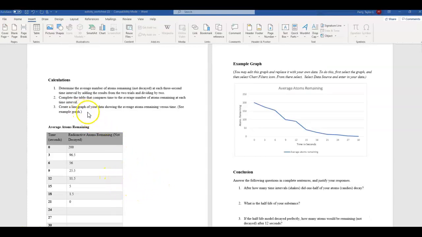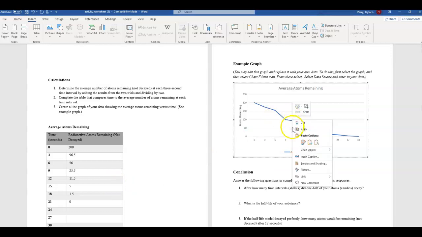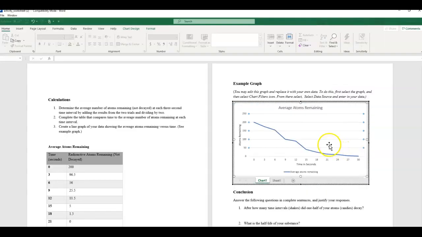It says they want you to create a line graph of your data showing the average atoms remaining versus time. So we have that right here. What we're gonna do is take this data right here and put it into this graph that they already give you. Okay, and here's how you're gonna do that. It's a little bit weird. You're gonna right click and it says chart object. If you type edit here,